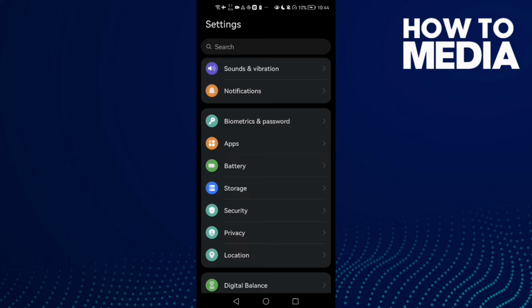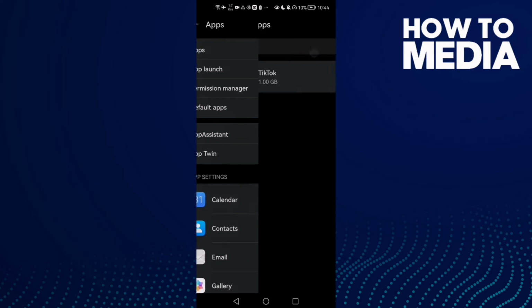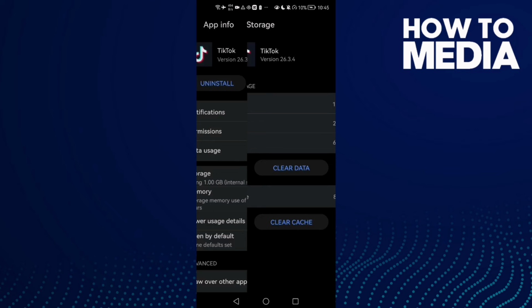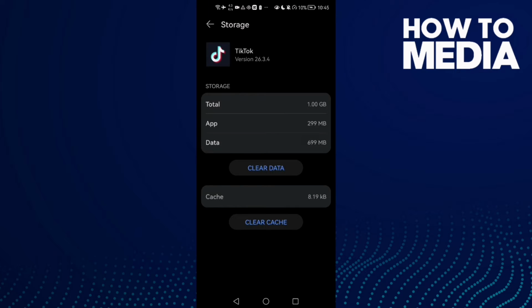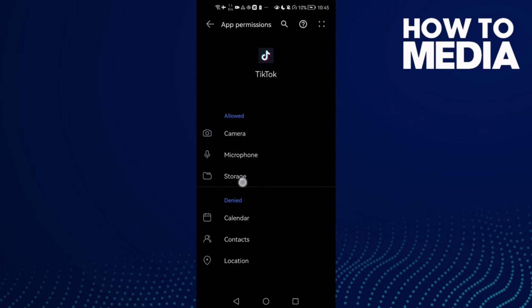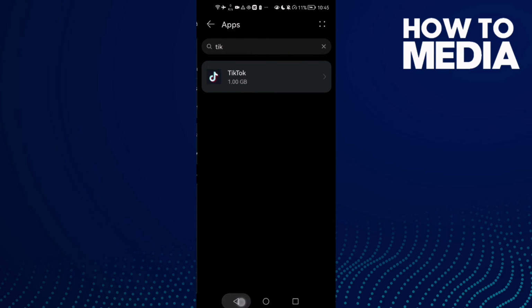First open settings and then go to apps and then apps again and go to TikTok. All you need to do is just click force stop and then go to storage and click clear cache. And now go to permissions, enable storage, this one, and now go this way,